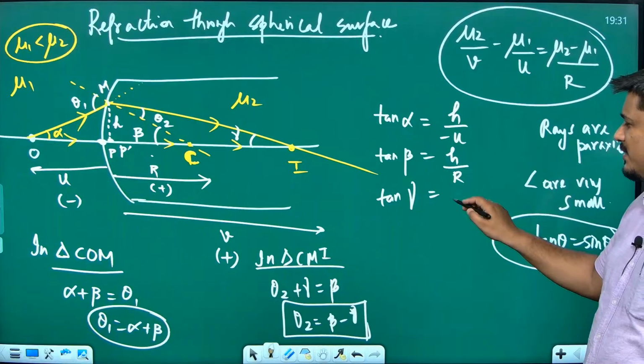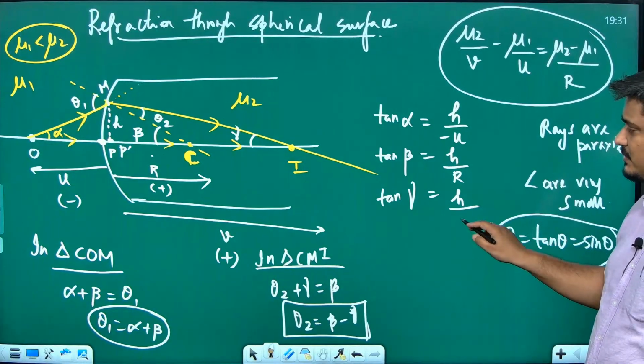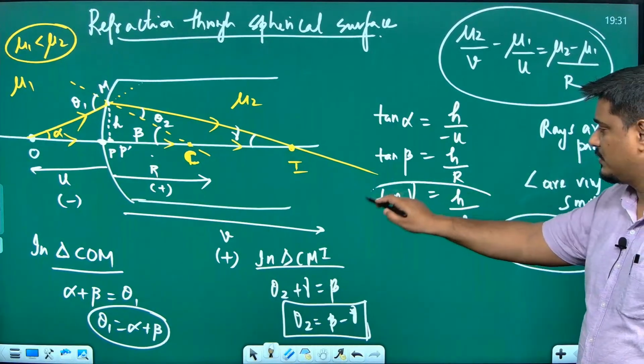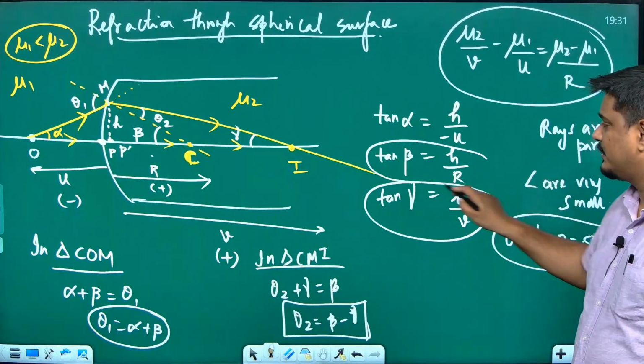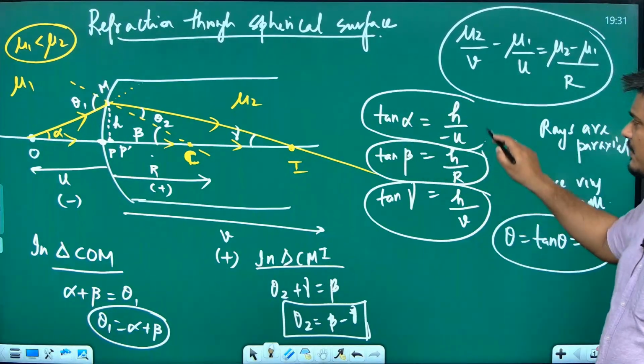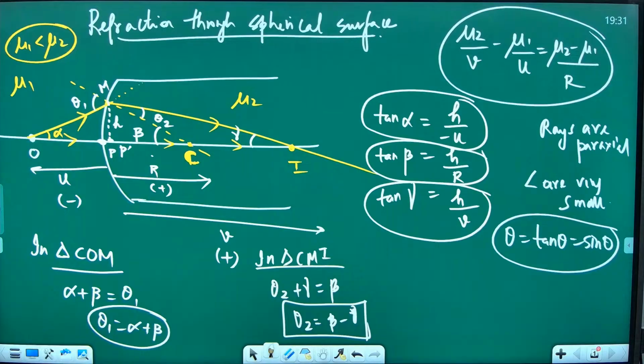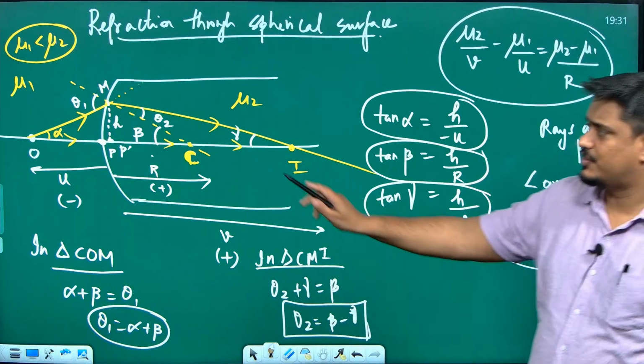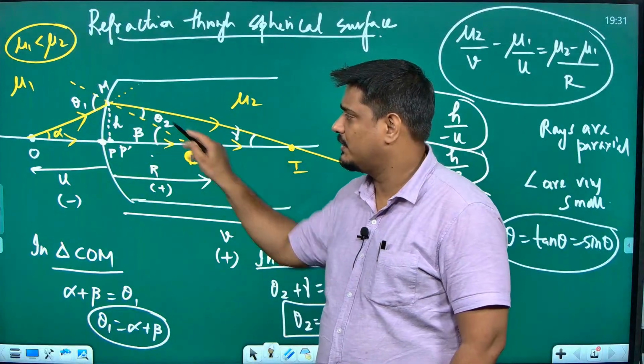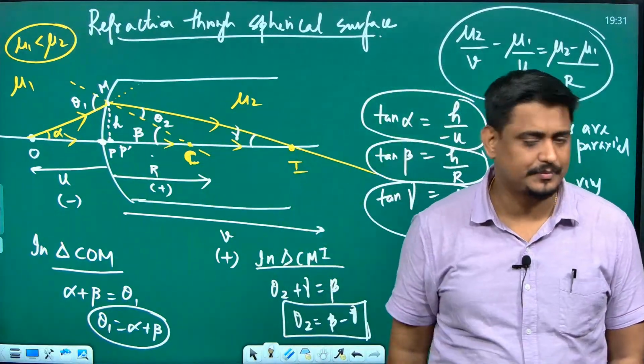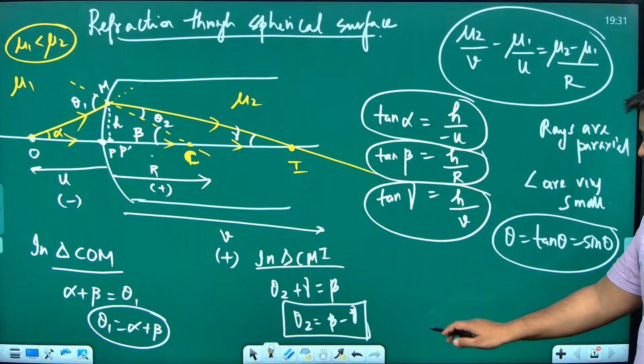What is tan gamma? Tan alpha, tan beta and tan gamma. Everything is clear to you? How it came, H by minus U, H by R, H by V, is that clear? This triangle and this triangle. Okay. Now, by using Snell's law,